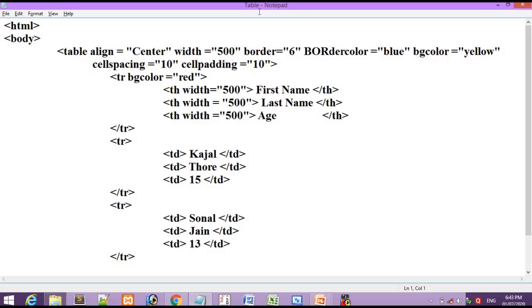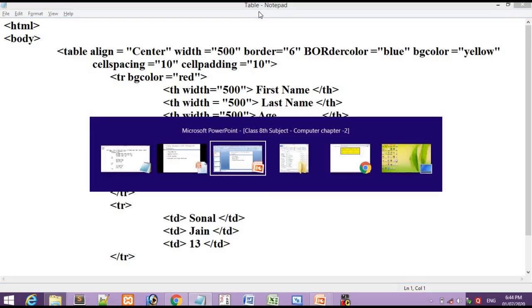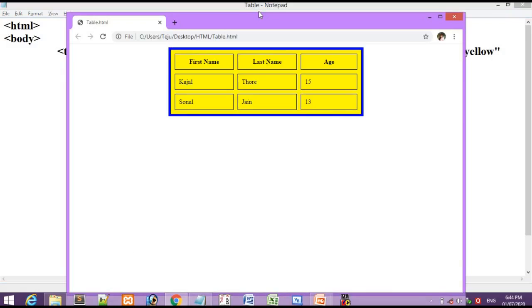Now we have to see the program. So for seeing the program, we have to go in Chrome. Okay, now this one was the output of your program that we have seen earlier when we used the attributes of the table tag. So what we need to do now for seeing the changes of the th and tr tag attributes that we are using? How can we see those changes in Chrome? Just press the F5 key and refresh your Chrome.